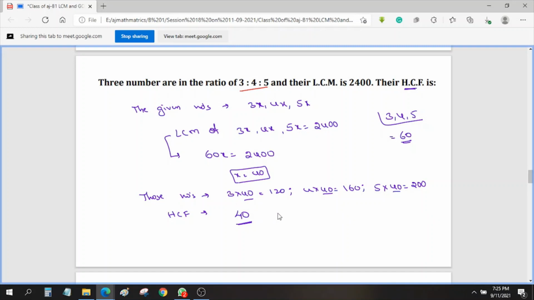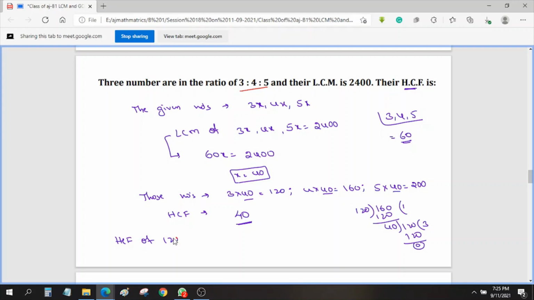That's obviously a common multiple. Or else, if you want to find out, you can do this method. 120, 160. 160 divided by 120 gives remainder 40. Next, 40 times 3 is 120, so here we are getting 0, which means